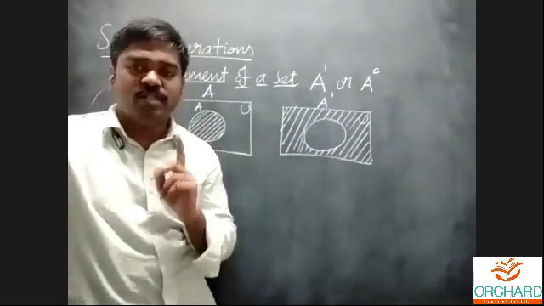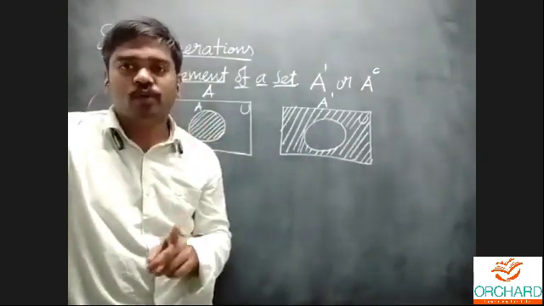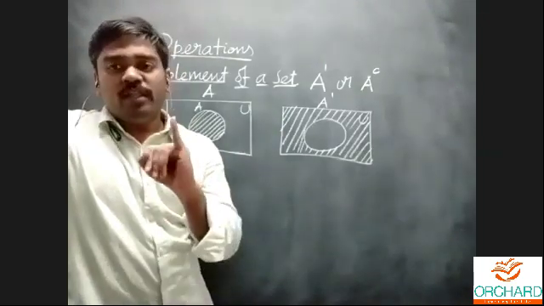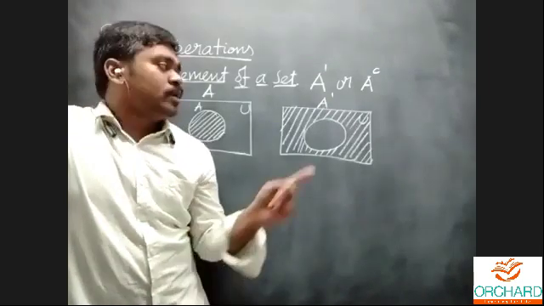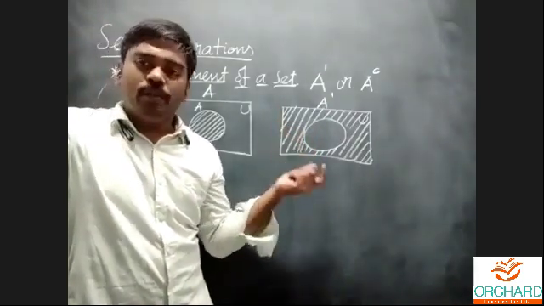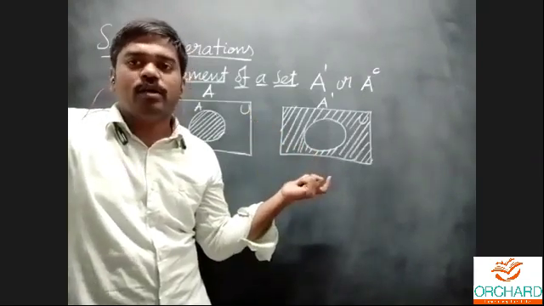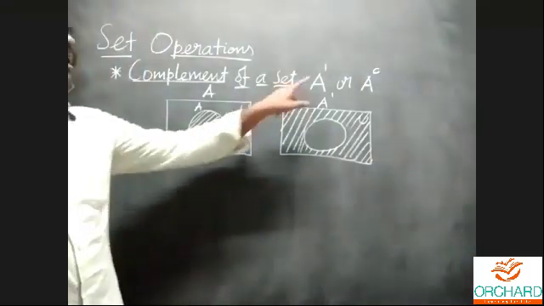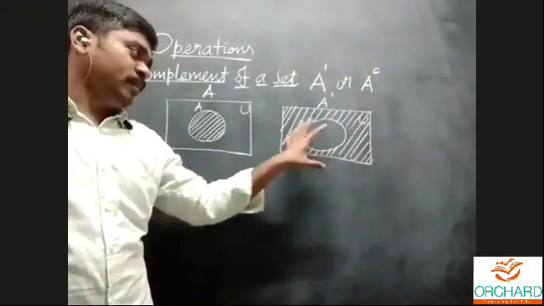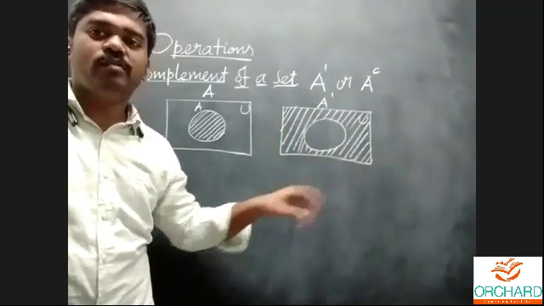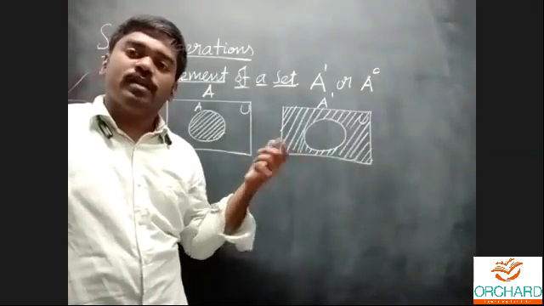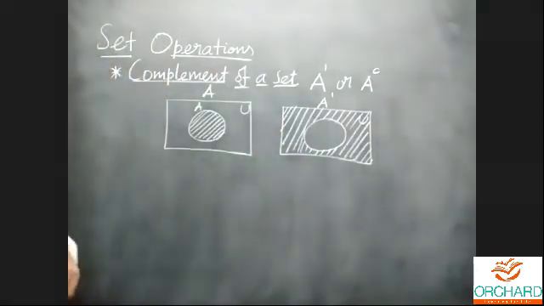The complement of a set means definitely they will give the universal set. The complement of a set is related only to the universal set. That's why they will give a universal set and the given set. It may be A, B or C; whatever notation they give in the problem, we use the same notation. The complement of a set is denoted by A dash or A complement. This is the representation in a Venn diagram. It's one circle, so I can represent it this way, but for two circles there is another way to represent it.